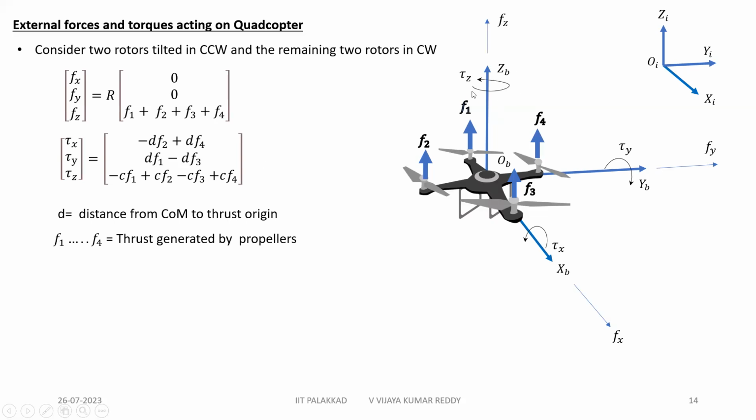If you want to rotate around ZB, all 3 forces should interact. Then only you can rotate with the ZB. Two forces should decrease and two forces should increase. So that's why we use all 3, right? Here see some thrust to drag coefficient ratio. Okay, so this is how we can find out the external forces and torques acting on a drone